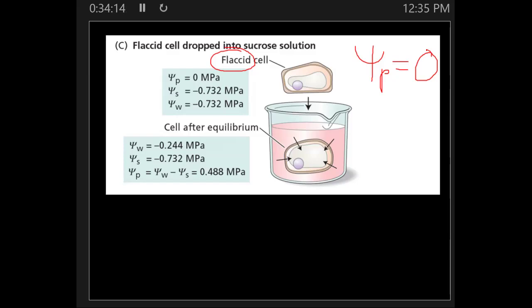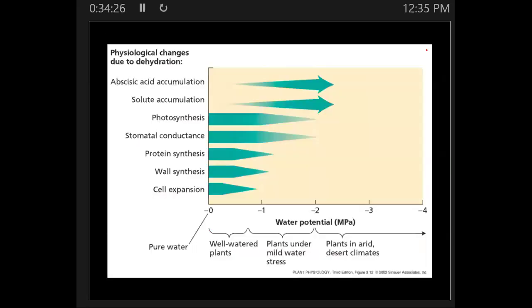Kind of makes sense. Now you may be sitting there going, why should I care about this? Well, a plant really cares about its water potential. And when they started calculating water potential of different plants under different situations, they could see